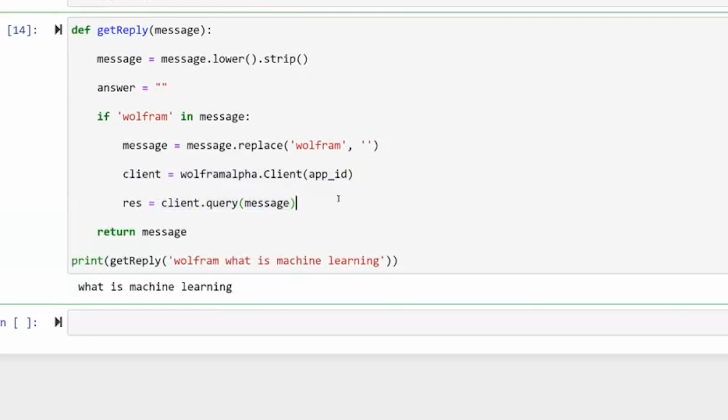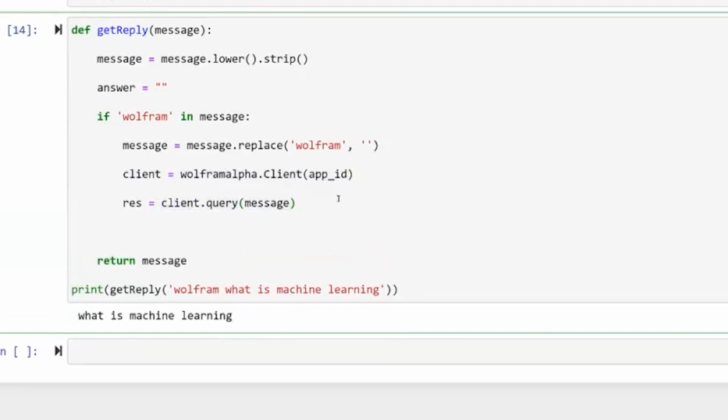So Wolfram Alpha's servers are responsible for computing a response to that command, and then you want to store that answer in our answer variable. So once the request is processed and we have an answer from Wolfram Alpha, we want to store it in the answer variable because that's what is going to be sent back to the user. So the way we do that is by doing answer equals next